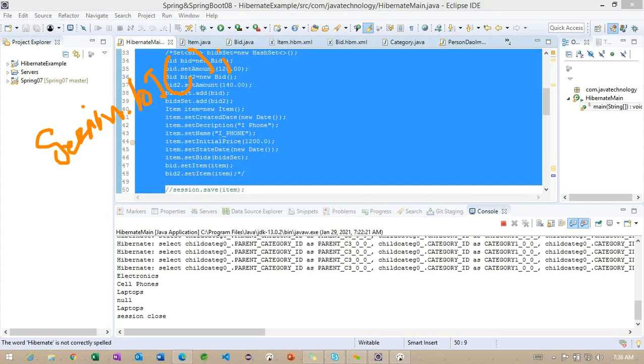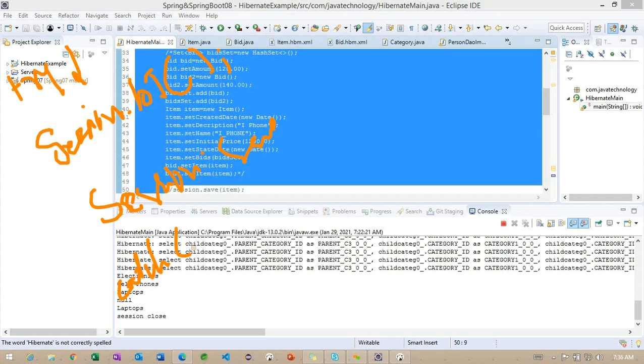We call this method to return the transaction object, and once we get the transaction, we work on the session related information, something like session dot save or session dot save or update, inside the try block.